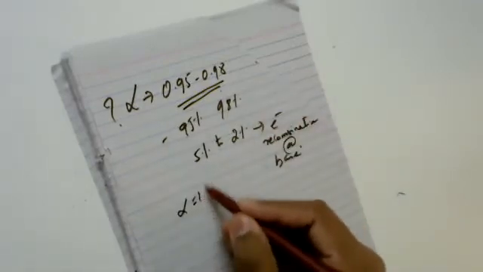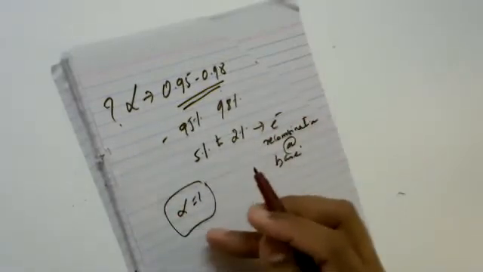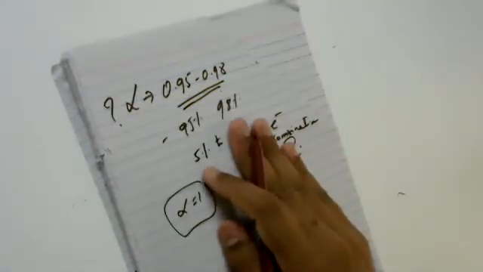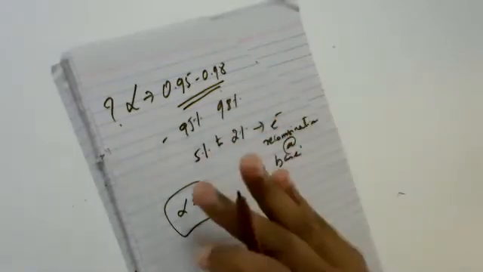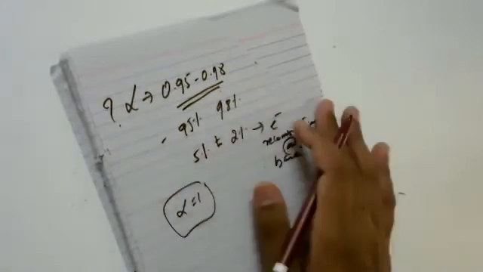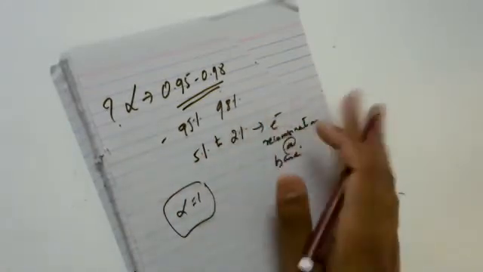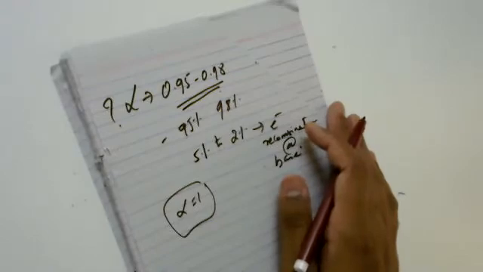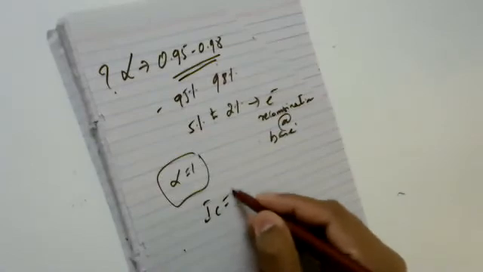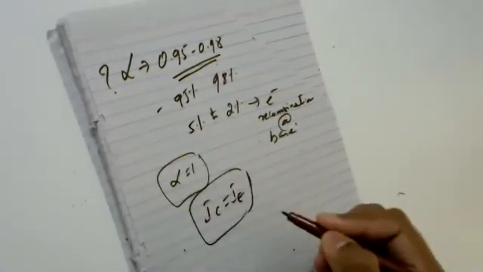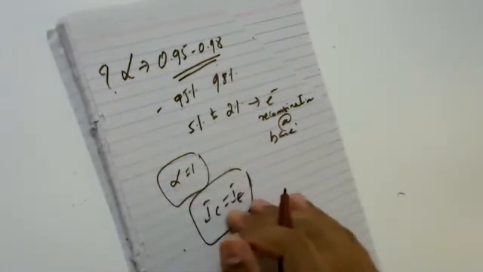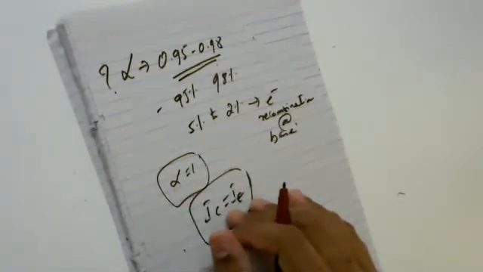Let me choose alpha equals 1. I am simply saying that no electrons are involved in recombination, and all the electrons ejected from the emitter are getting accumulated on the collector. So in that case, I can simply say that my IC will be equal to IE in this assumption, when alpha is equal to 1.